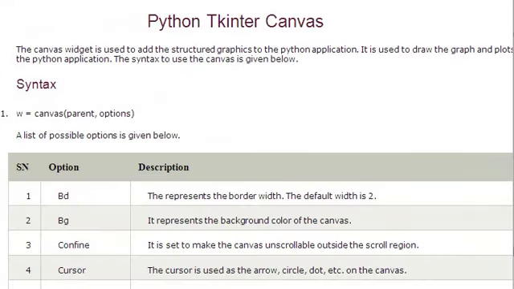So we have a canvas widget to add structured graphics to the applications, to the graphs and plots. So look at the syntax: canvas, parent, comma, options. What are the options?